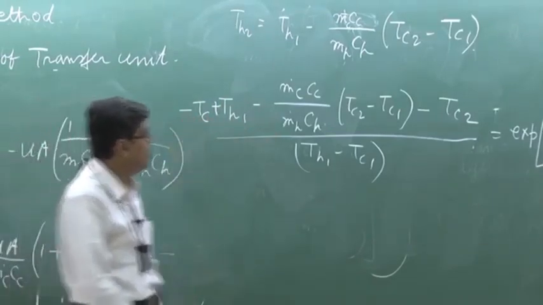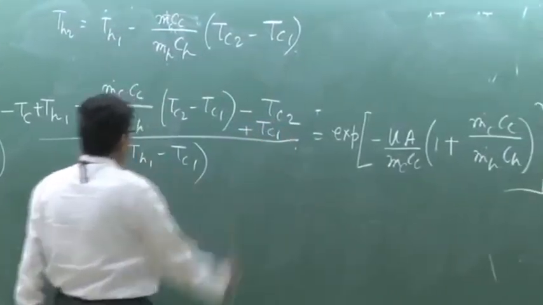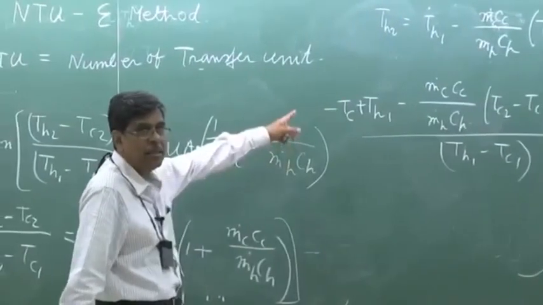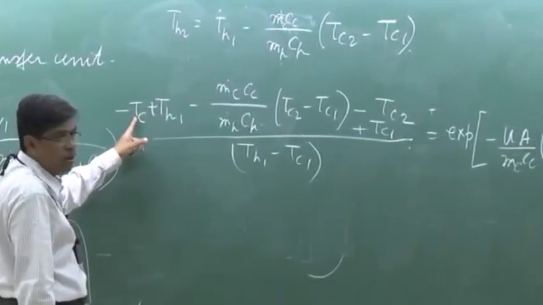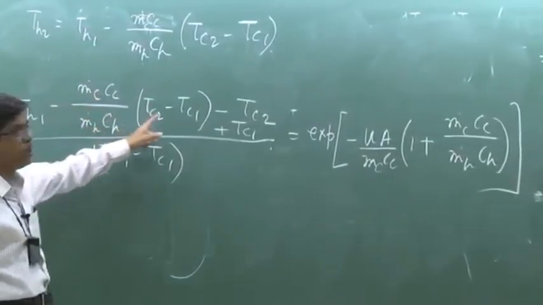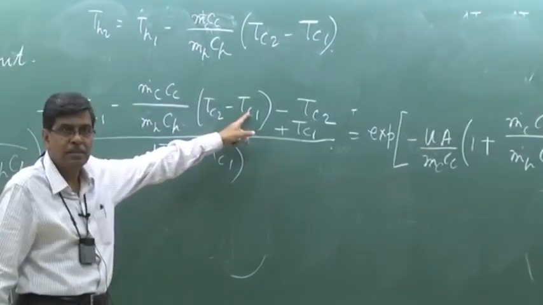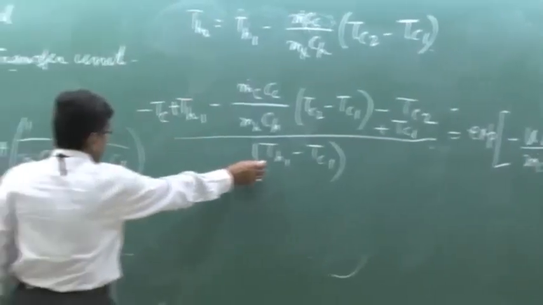So minus Tc1 and plus Tc1. So what does it look like? Th1 minus Tc1, minus 1 plus this into Tc2 minus Tc1. So if you divide it by this,